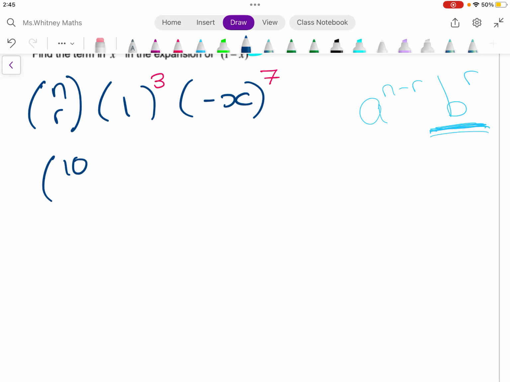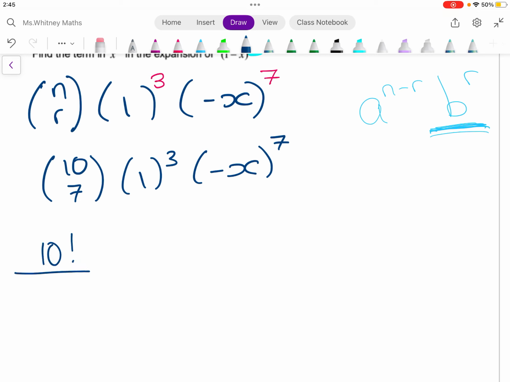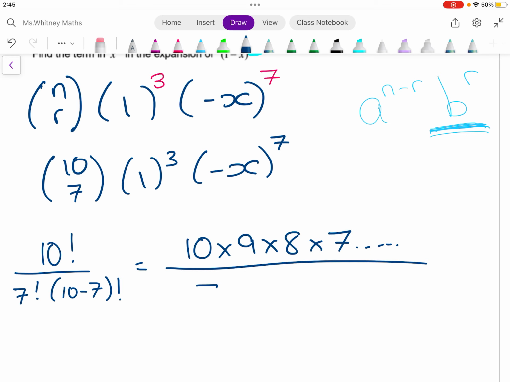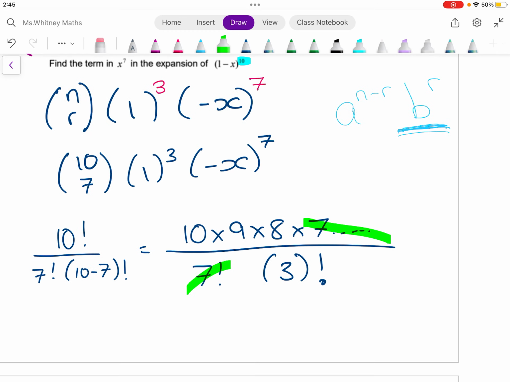So I'm just going to rewrite this underneath. I have 10 choose 7, 1 cubed times negative x to the 7. Okay? And I've got 10 factorial divided by 7 factorial times 10 minus 7 factorial, which equals 10 times 9 times 8. And then it goes times 7. But underneath here, I have 7 factorial times 3 factorial. Now, this one and this one cancel. So I'm going to be left with